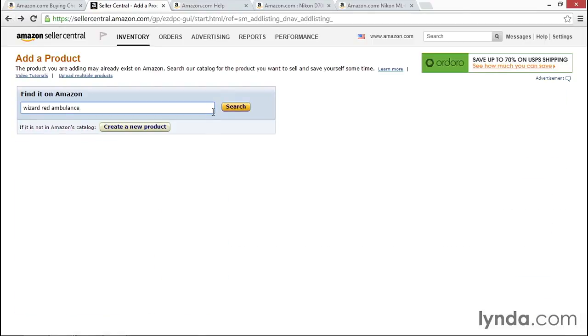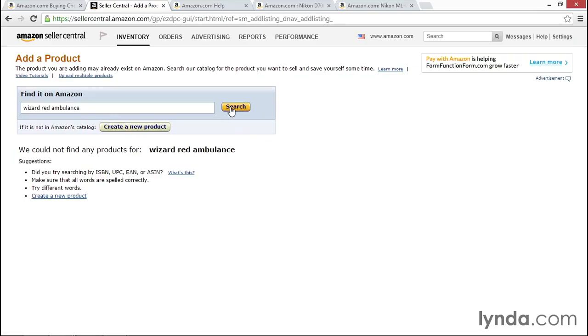But what if you have a product that is not yet in the Amazon system? Well, if you're an individual seller, you're out of luck. You cannot sell the product on Amazon. If you're a professional seller, though, you may be able to add the product to the catalog, in which case you'll be creating a new product page. Again, I'll show the process for doing this later, but we need to quickly cover an important issue related to